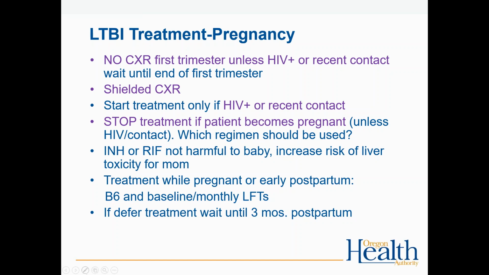I tend to veer towards INH because I think it has a slightly lower risk of, or at least documented rates of, teratogenicity. So I usually talk it over with the mom. It's a shared decision-making thing, but it's rare that we have to treat people for LTBI when they're pregnant. It's really just advanced immunosuppressed individuals or recent contacts where we do that. So yeah, perfect. Thank you.